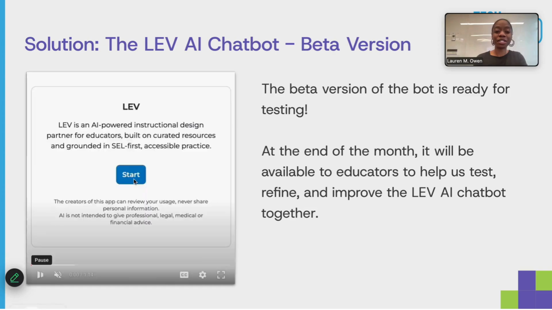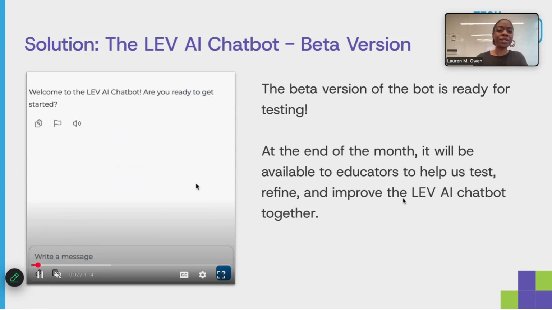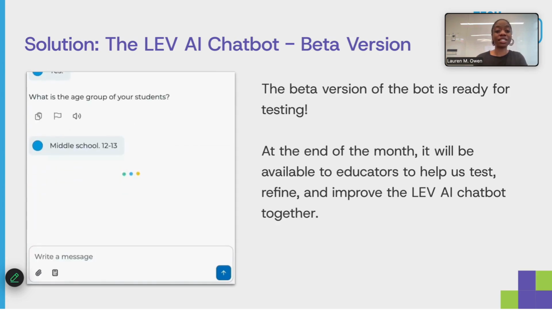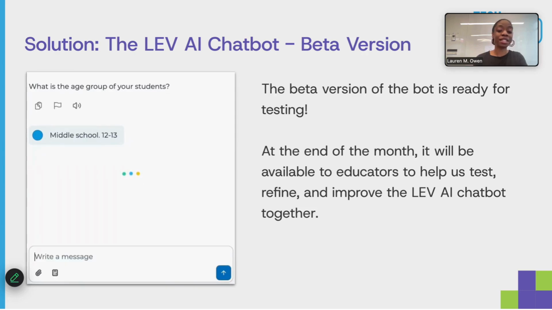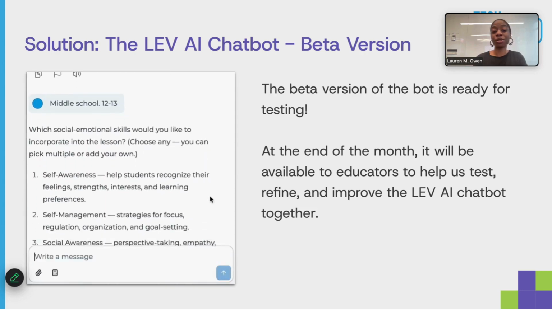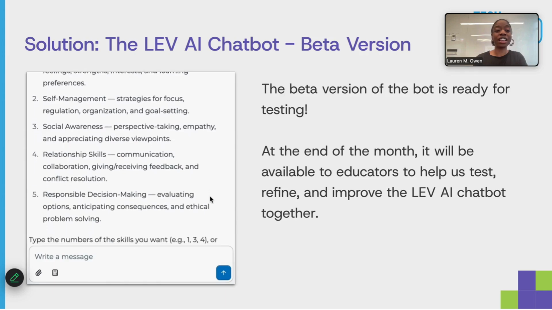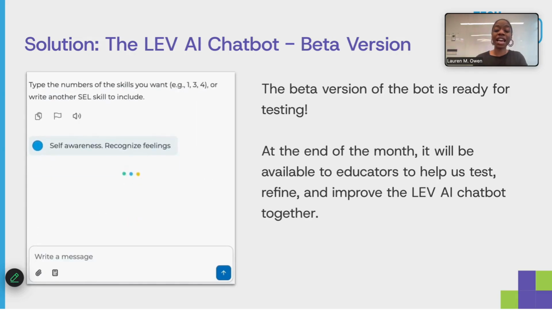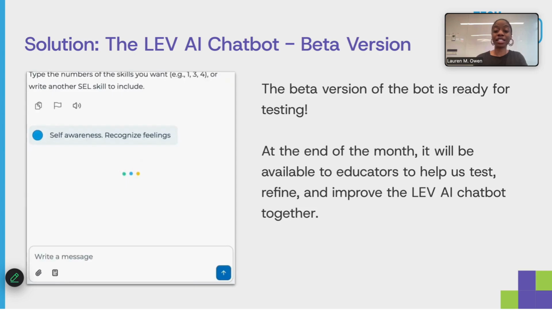And then we have our beta version that you see here. So we see that the chatbot starts. Are you ready? Yes. And then the first question that prompts is, what is the age group of your students? You'd input that information and it's processing it. And from there, it is going to ask, what social emotional skill would you like to work on? Giving users the option to type in whichever number that corresponds to it or type the whole thing out. And then after, it's going to prompt for what technology you want to use, and then give different options for outputs for them to choose from, for them to integrate into their classes.